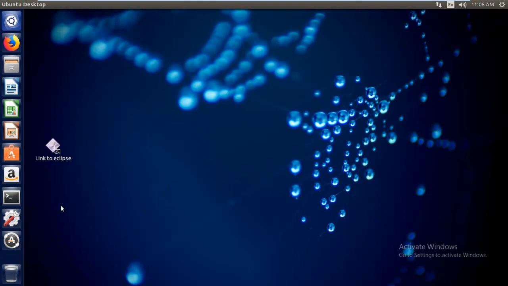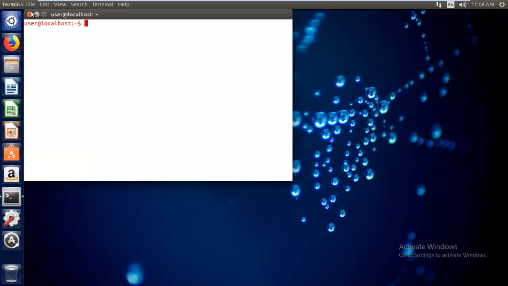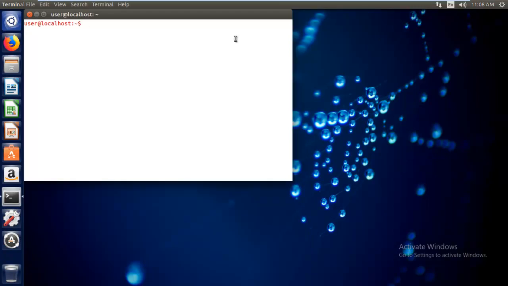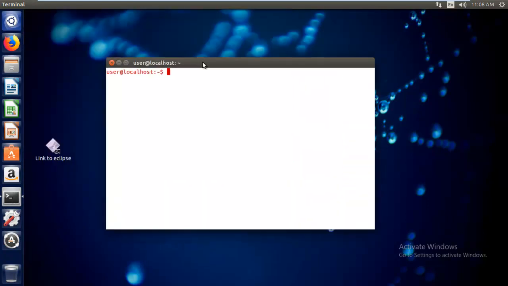As I discussed earlier, everything we're going to perform through commands only here. That's the reason I mentioned very clearly that Unix knowledge really helps you in this regard. Here on this terminal, you just click on a terminal. Alternatively, you can use Control Alt T. Then you're going to get a terminal like this, something like the command prompt in your Windows machine. That's it, not more than that.